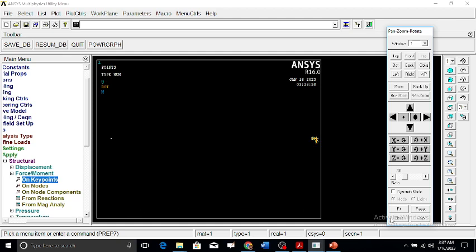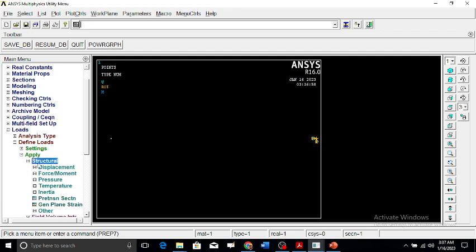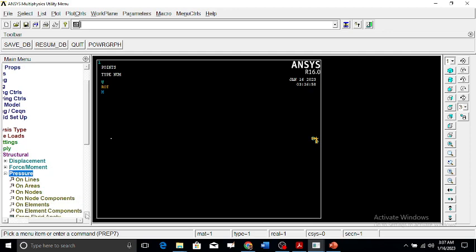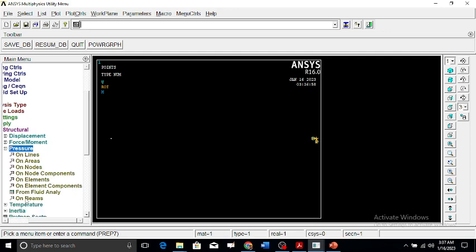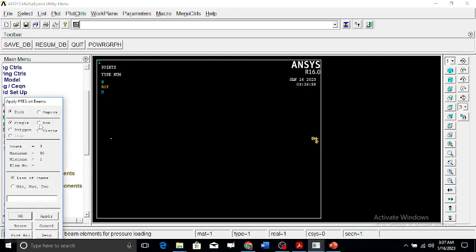For the UDL, it's not going to be a force because it's a UDL. It's acting like a pressure, and that pressure will be applied on the beams. So what we will do, we try to create a box. If you look very meticulously, you have to select this box,